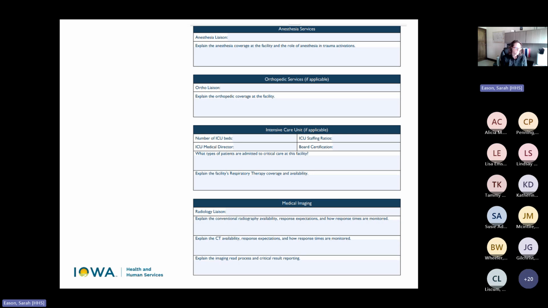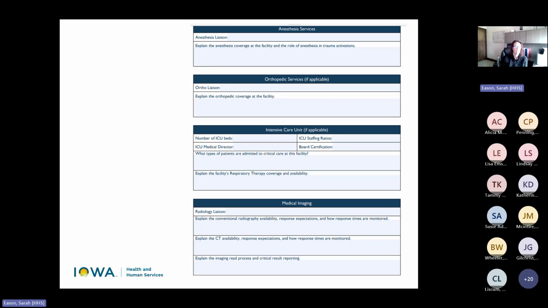And then this is essentially just asking how your processes work. Do you have X-ray respond to your trauma alert? Do you have your CT in-house 24/7? We do ultrasound in-house. How are these images read? Who does it? Who's your company that you use? Do you have an in-house read during the day? Is it all external? And then when there's a critical finding, how is that information relayed to the provider? Describe that all here too.